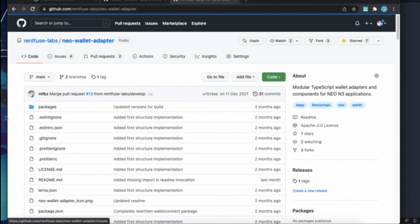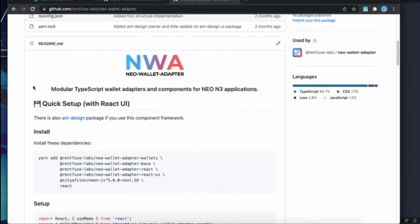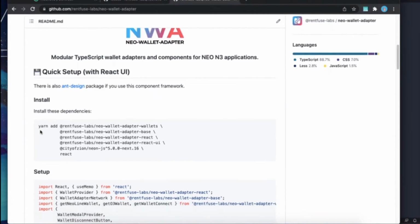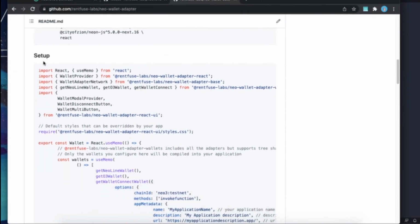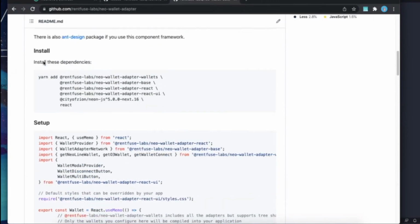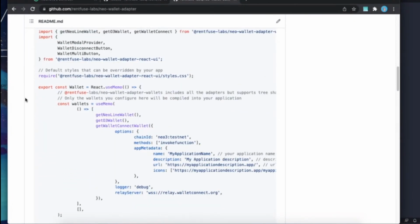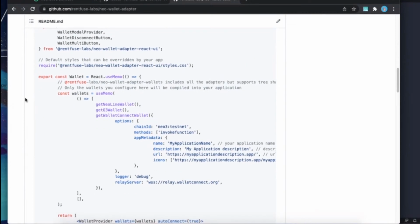Looking at the page, you can see on the README that you have a quick way, a kind of documentation, to set up the project with React mainly because we are using it. And this covers everything we said before and everything we will see now on NeoNova. So you add all the packages. Then, always referring to React, we have